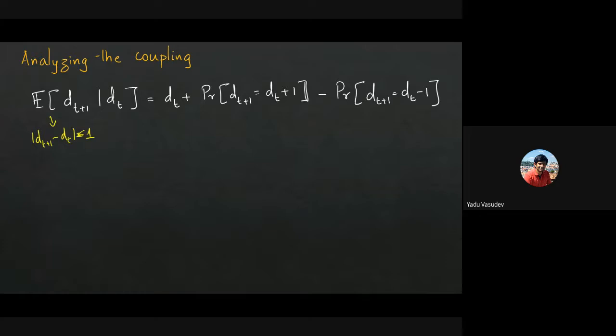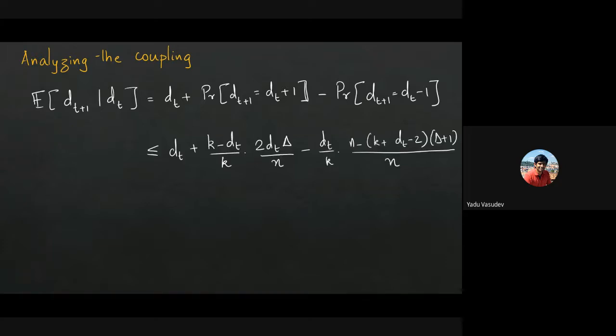Okay, so this conditional expectation you can bound, right? Because you substitute in the values for the probability that Dt plus 1 is equal to Dt plus 1 and Dt plus 1 is equal to Dt minus 1. Okay, now you substitute these values, and these are what we calculated from earlier, right? These two quantities are exactly what was calculated earlier, right? And you plug these values in, and you simplify it sufficiently. What you will get is that it is at most Dt times 1 minus something. Okay,